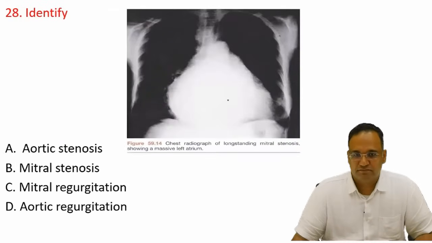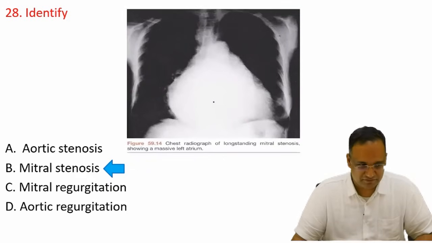Identify the image. Showing a massive left atrium. If showing a massive left atrium, it means what? Correct, mitral stenosis. Okay, enlarged LA, because of stenotic mitral valve. So, the mitral valve has